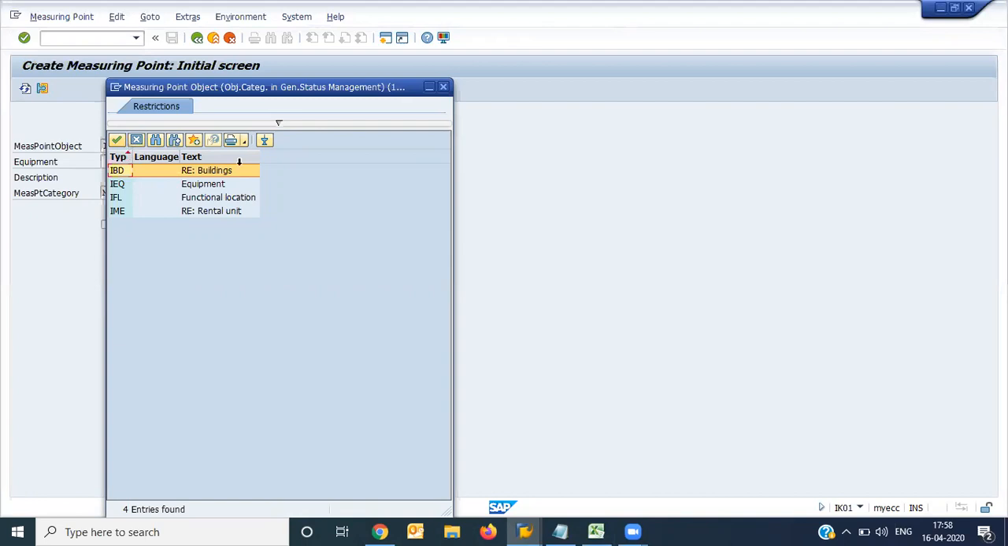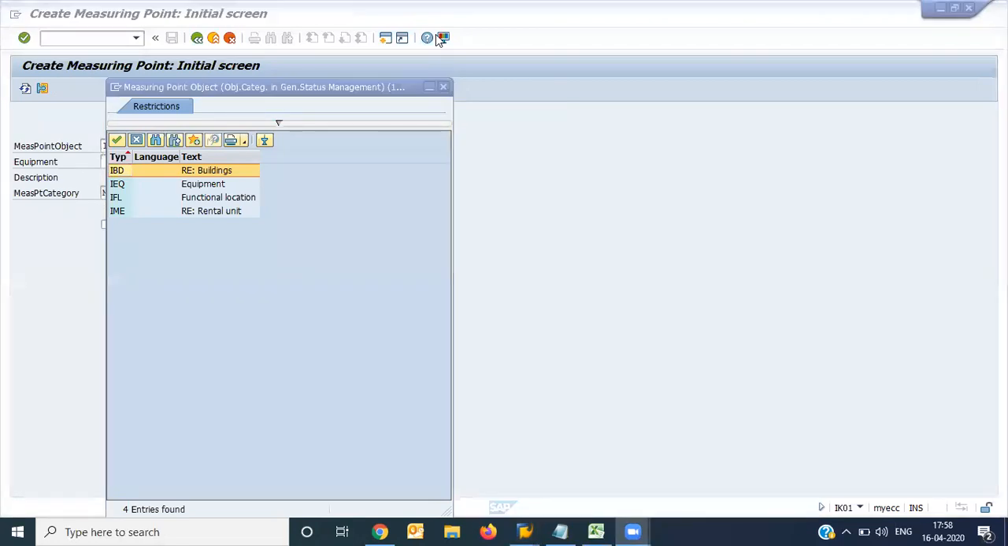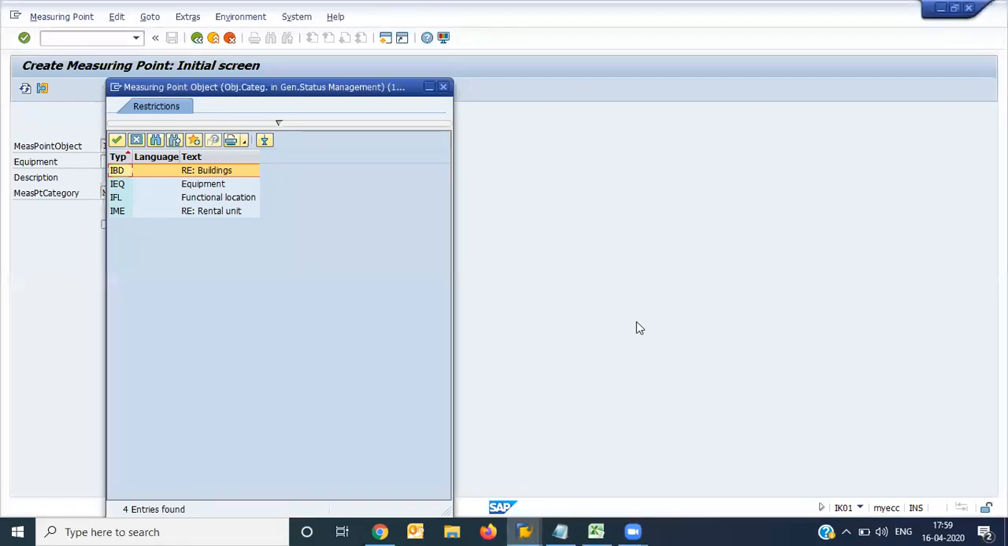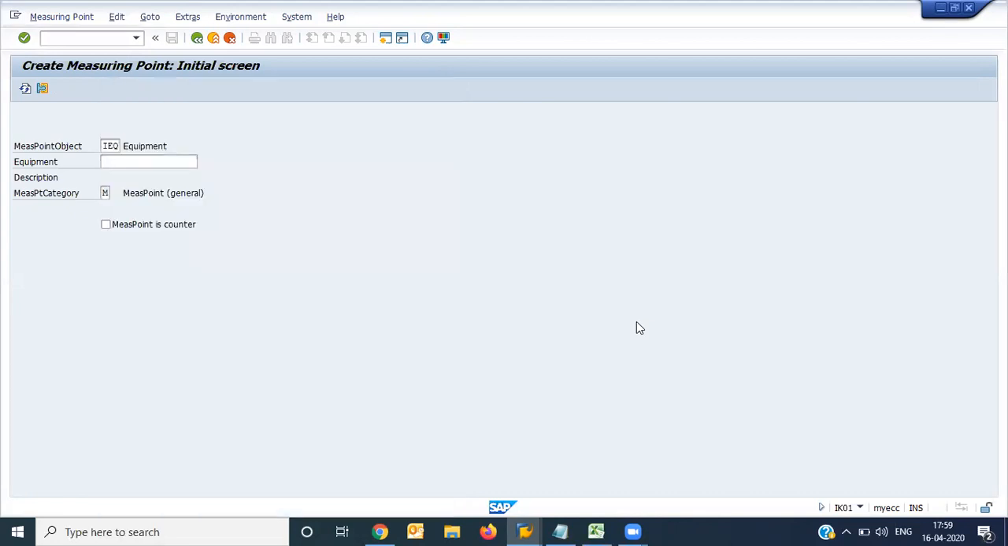Here you can see we have an object called building, which is used in the plant project system module, PS module. We also have equipment here. We also have a functional location or rental unit. So as far as PM is considered, equipment is an option for us. Then we need to enter an equipment number. Okay, so I'm putting the equipment number. Then maintenance,